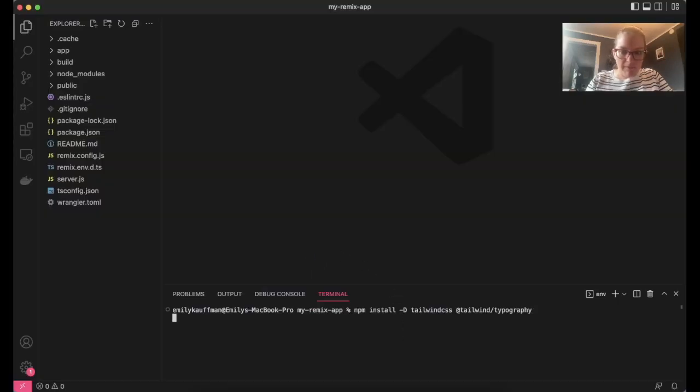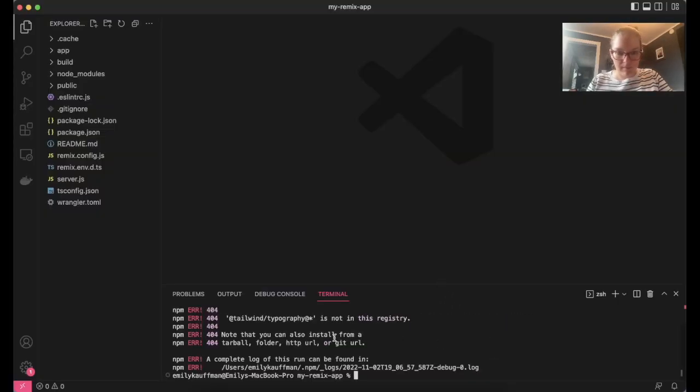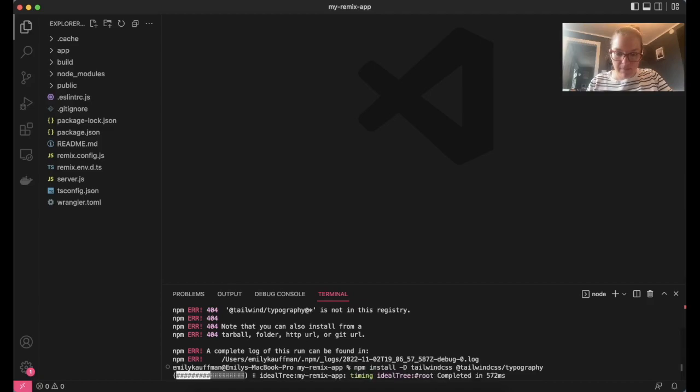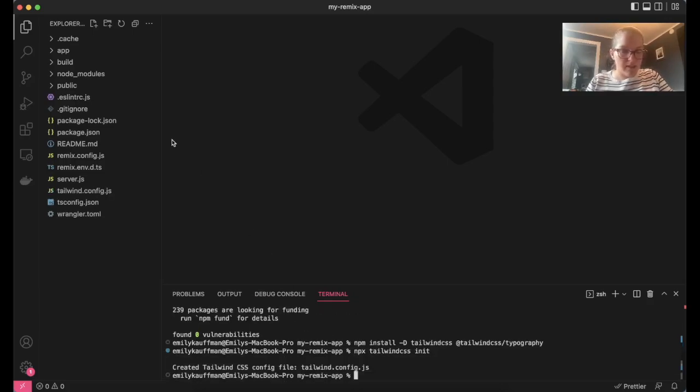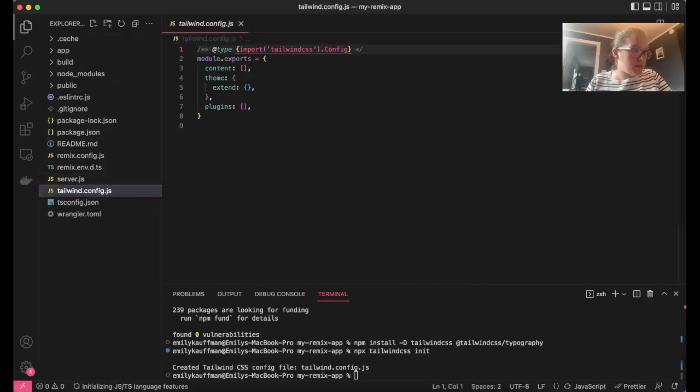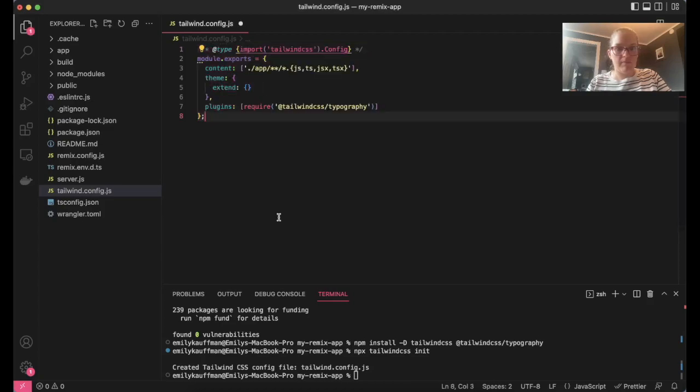Okay. Oops, what did I type? Tailwind CSS. There we go. And then we will get a config file. There we go. And then we want to change that content line. Paste that in there. All right, so these instructions are on the Remix docs site and Tailwind. All right, so next we're going to make a